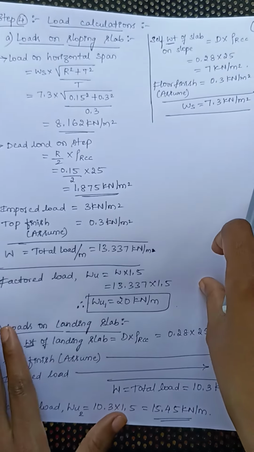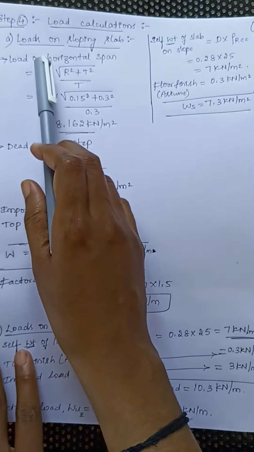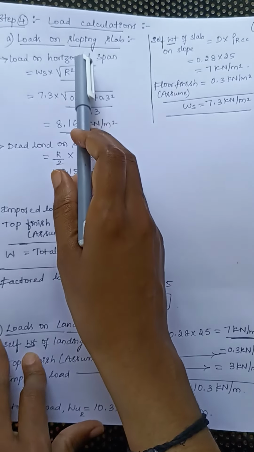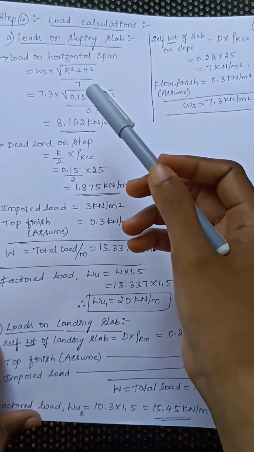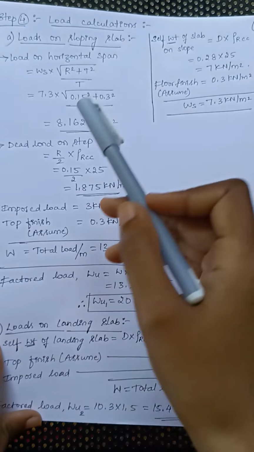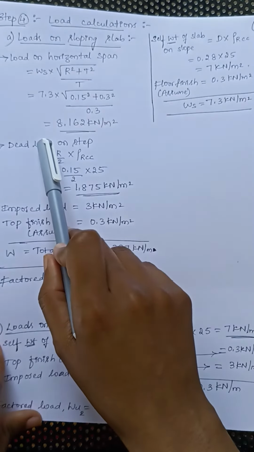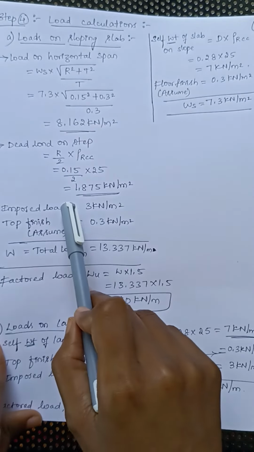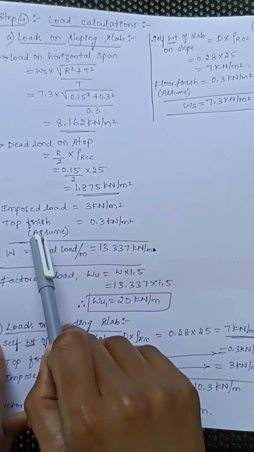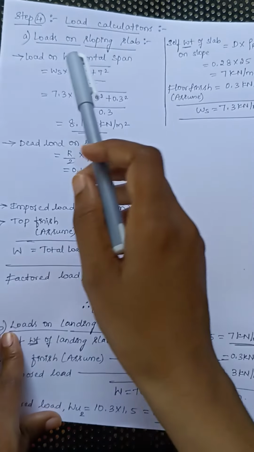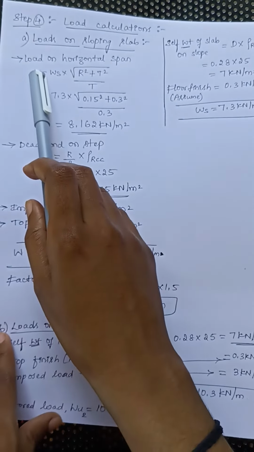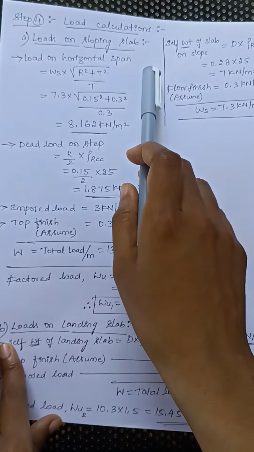Now let us find the load on the sloping slab. Again, this will be divided into four parts. One is the load which is acting on the horizontal span, other the load which is acting on the step itself, other the live load which is acting on the overall stair, and then the floor finish, or we can say it as top finish. So let us start with the first load calculation, that is the load on horizontal span, which is given by